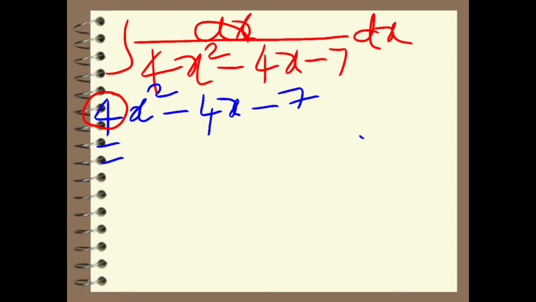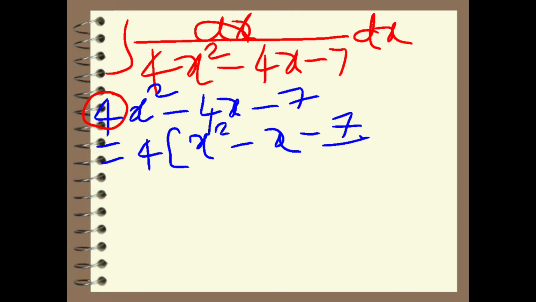So by taking 4 common from the expression, what we get? 4 of x square minus, in the second term 4 is there. 4 is a multiple of 4, you know. So therefore 4 is 1 times 4, so x minus 7 is there. 7 is not a multiple of 4, so what we get? Yes, exactly, 7 by 4. If a number is not a multiple of the common number, we should write it in the form of a fraction. So 7 by 4. Please do remember it. Very, very important.